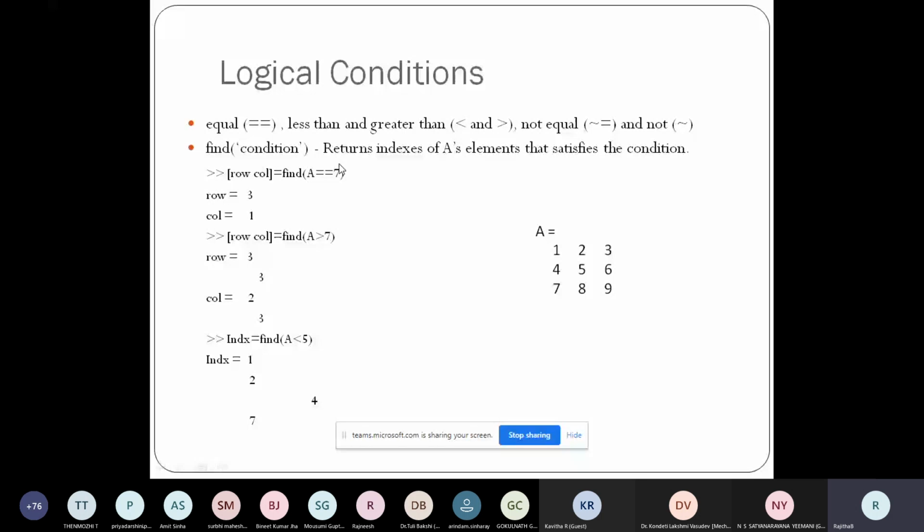Where all do we have 7 in the matrix A? I want to find. Now, wherever it is there in this particular matrix, I need to know which particular row and column it belongs to, right? So the find function will find the respective column and row of the value where the 7 is. So suppose if I look into this matrix, there is a 7 at this place.